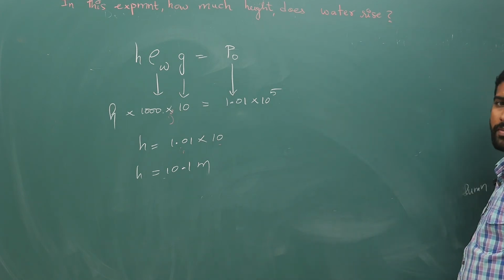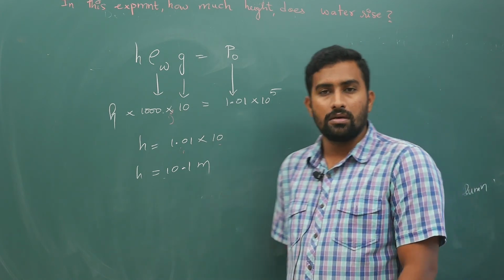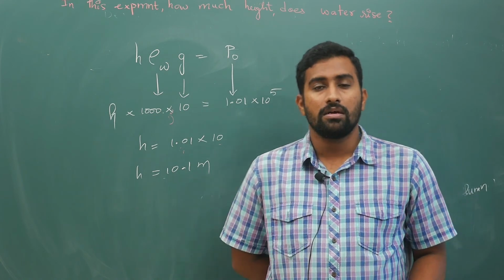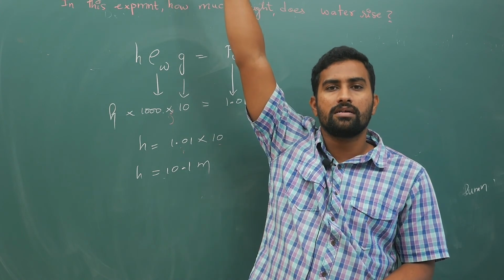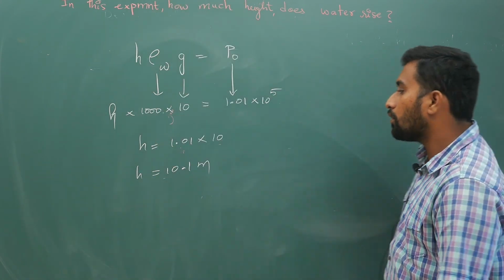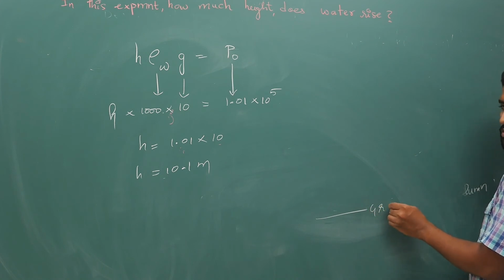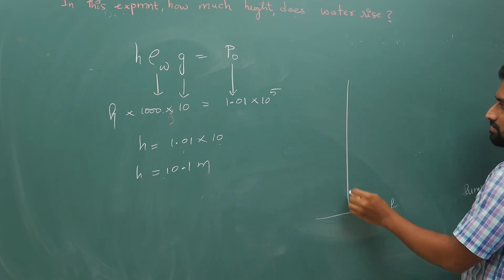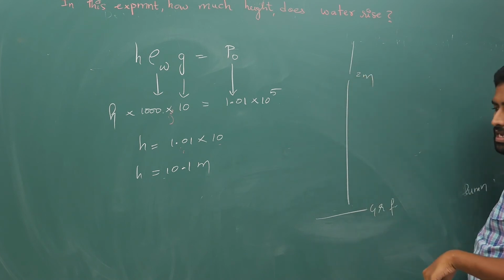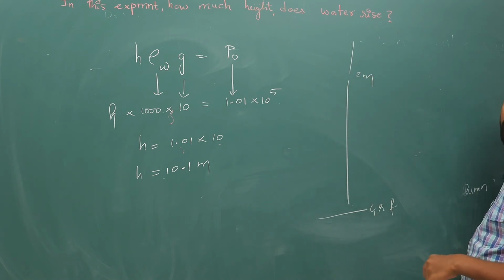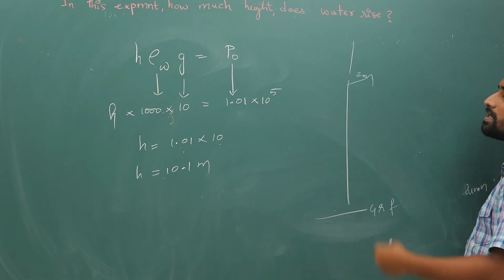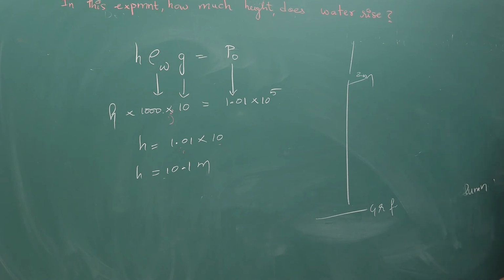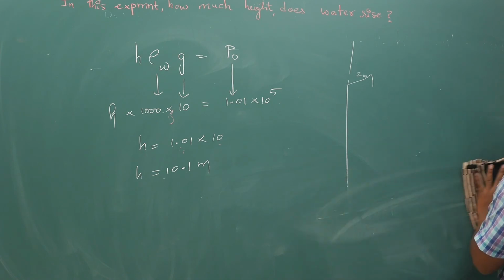Okay. So now you imagine, instead of using mercury, if I try to use water, that means I am going to use a very big height of 10 meter tube. Now if you are doing the experiment on your ground floor, and if each floor is of height, for example 2 meters, then you have to go to the fifth floor. If it is 3 meters, you have to go to the third floor to check it. Somewhere in the third floor or fourth floor you have to check it. So that is why we will not use water. Okay, right? So this is your barometer.